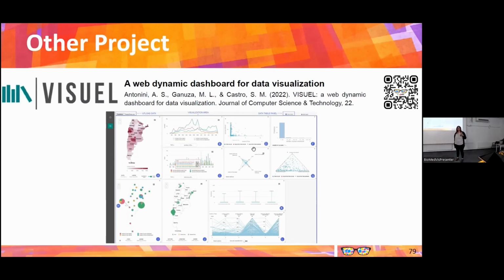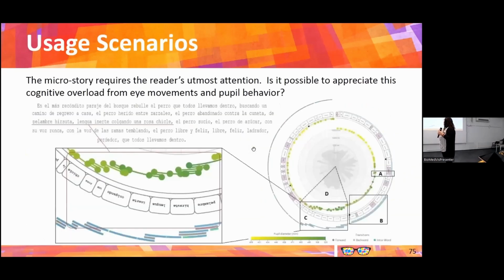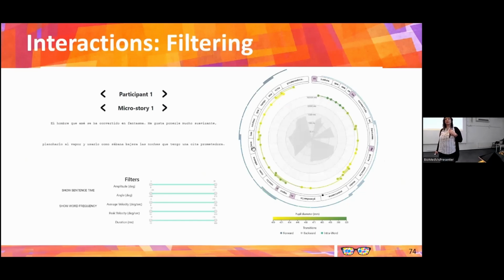No. Okay. And regarding the circular representation with the microstories, the segments used for each word, do they depend on the concentration duration or the word length? Because I've seen that some words at the end of a sentence still get, let's say, more screen real estate. You mean these segments? Yes, yes. These are associated, the length of the segment with the length of the word. In all cases. Okay.